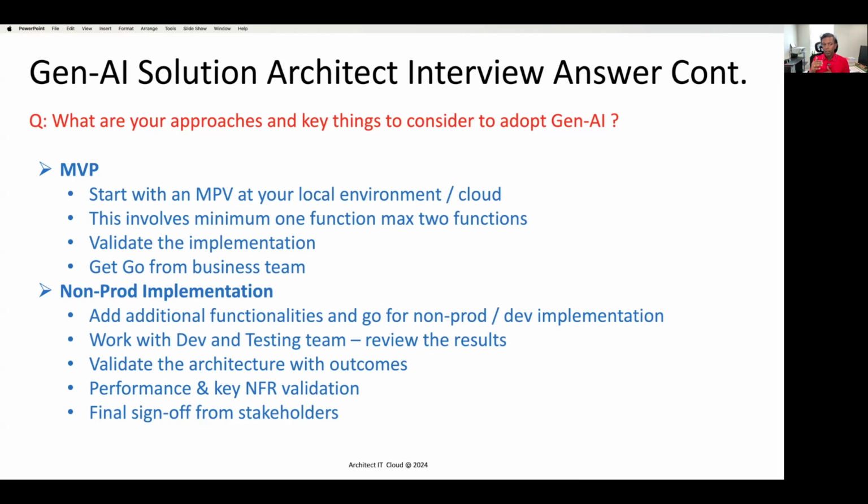That's key because you can avoid duplicate work when you implement this in production and non-production both. So make sure that you can reuse the functionalities developed and implemented in the minimum viable product, bring in those functionalities and add additional functionalities so that you can implement a full-fledged implementation of the business use case in the non-production environment. And for that, as a solution architect, you must work with the dev